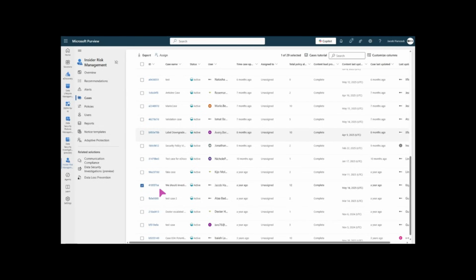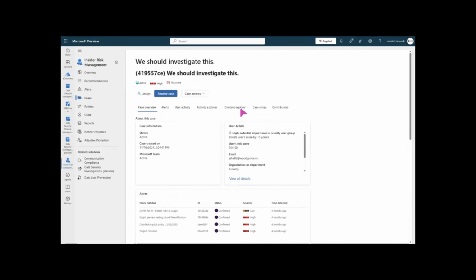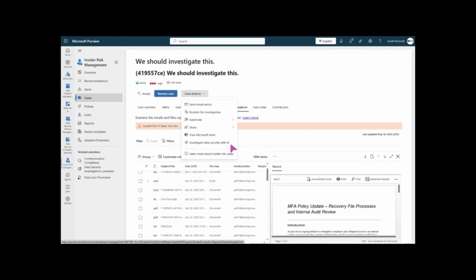So what you're looking at here is all the cases, and a case typically in IRM is at a human level. So a case equals one person. So here I'm going to select a case for Jacob. And I get a number of things that the IRM gives me. Again, it's not meant to be a thorough demo of insider risk management. But one thing insider risk management does is, as the user has risky action, it just grabs a copy of whatever the user is doing, whether it's sending an email, viewing a file, downloading a file, et cetera, et cetera.